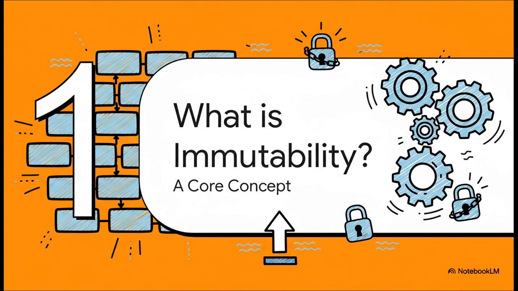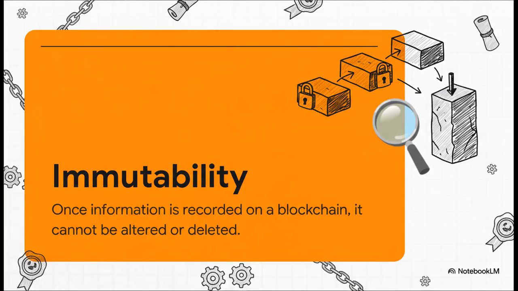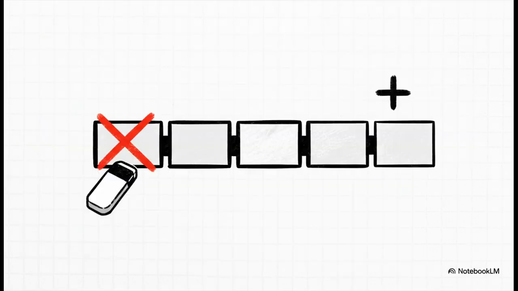Now, I know it sounds like a super technical word, but stick with me because the concept itself is actually pretty straightforward and, honestly, incredibly powerful. So, what is it? Simply put, immutability just means that once information hits a blockchain, it is set in stone. You can't alter it, you can't delete it. It's permanent, for good. You'll often hear people describe it as an append-only system. And all that really means is you can add new stuff, you can append new transactions, new records, but you can never, ever go back and mess with what's already been recorded.